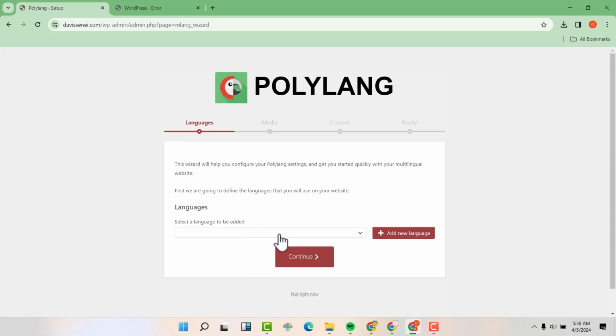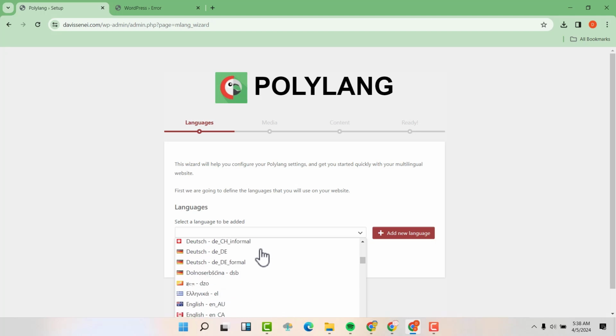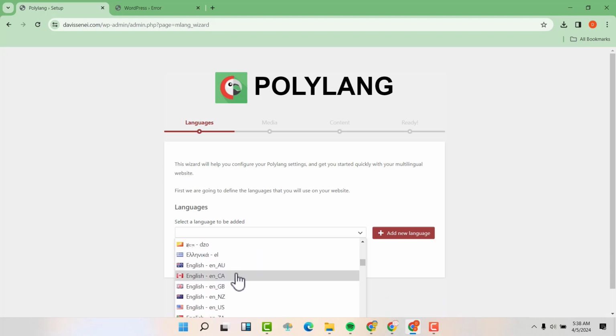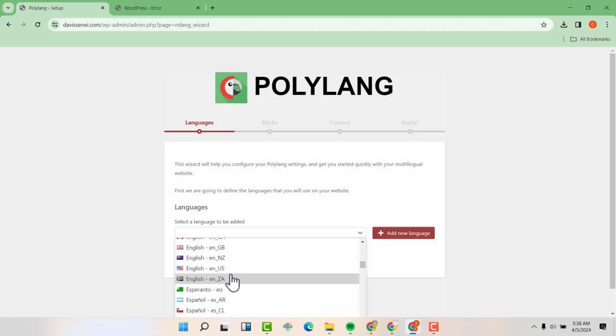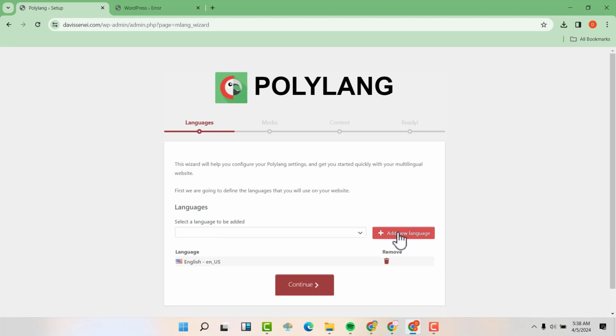Select the language to be added, but the first one should be the one that you want to be the default for the website. So for me, I want English. So just click on this arrow and then search the languages that you'll want. I'm going to check English US, then add language.